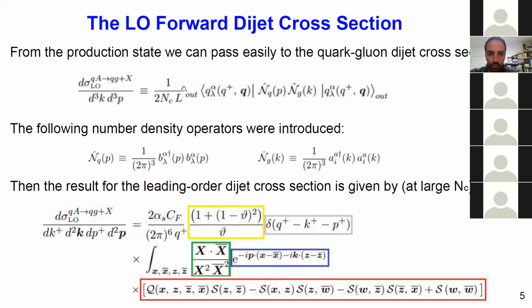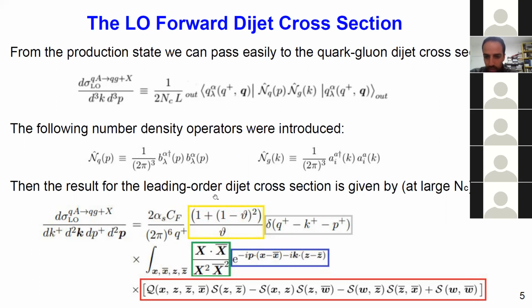And once we plug in the result for the outgoing state, which we saw in the previous slide, and act upon this state with the number density operators, which are defined in the following way, we reproduce the same result that Cyril found